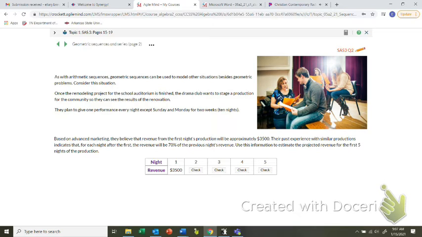So, geometric sequence. Y equals first term times common ratio, n minus 1 in the exponent, because what did we determine on